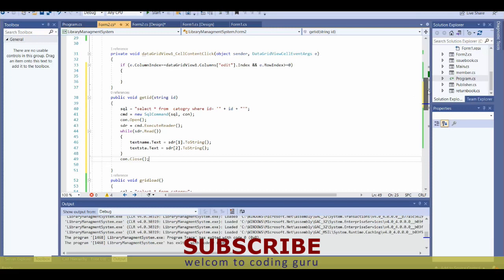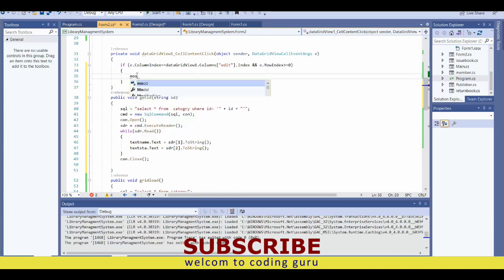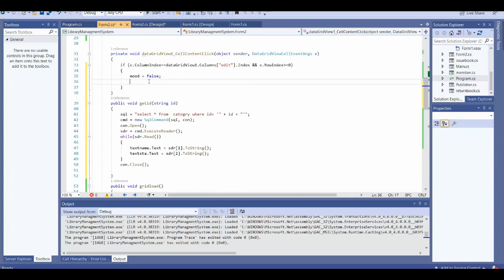After that, we go to our cell click and call this function over here. Before that, we have mode equal to false, and then first we give the